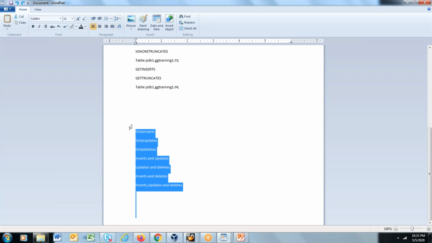In such cases we can have separate extract parameter files, right? You can have 1,000 extracts running, that doesn't matter. But if you want to achieve it in one, you have options: you can have different parameter processes, or do it in the same parameter file. It is possible to do it either way.